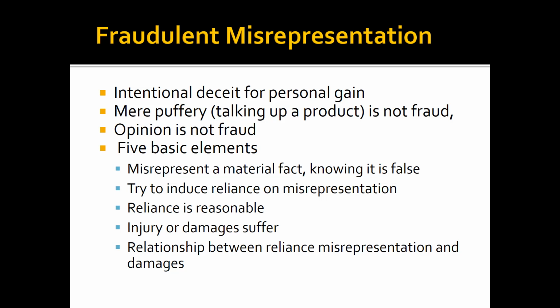The third thing for fraud, and this is where you might get in trouble, is that reliance reasonable? Well, let's suppose it's a new car. Most new cars, they've got the miles per gallon on the window right there. All you have to do is cock your head to the side, look past the salesman, and it says not 500 miles to a gallon, but 10 miles to a gallon. If you had relied upon the salesman, that wouldn't be reasonable reliance. You probably couldn't sue for fraud.